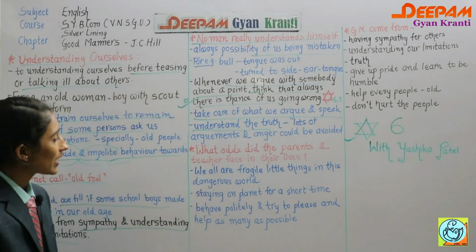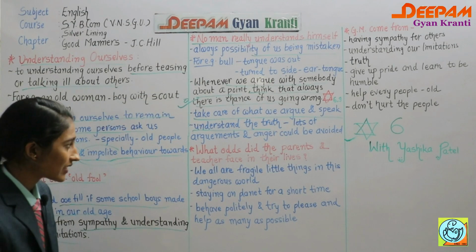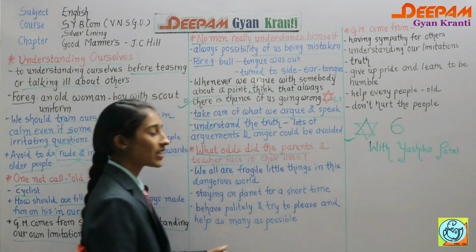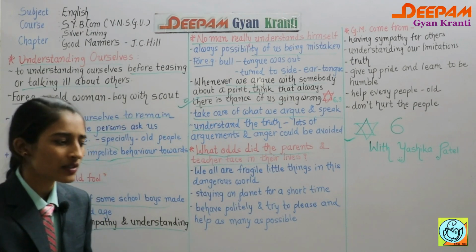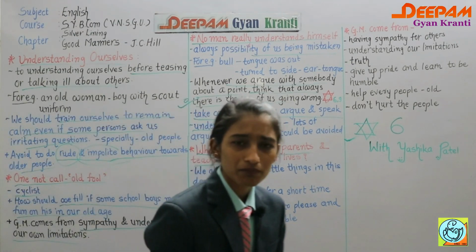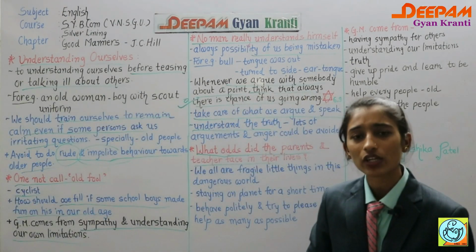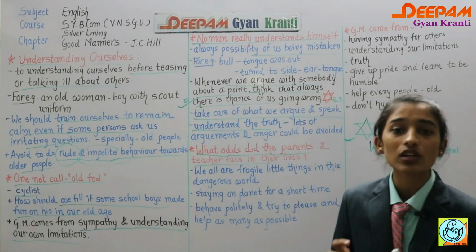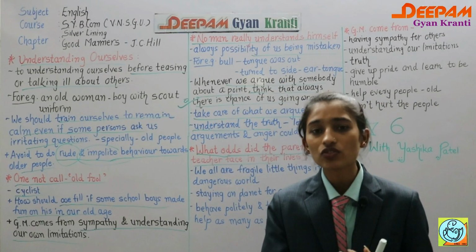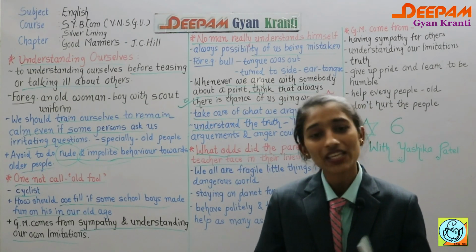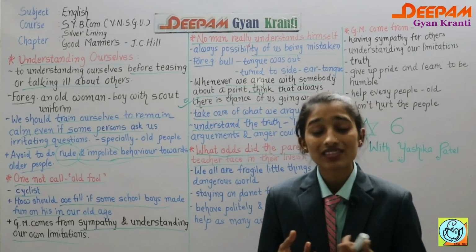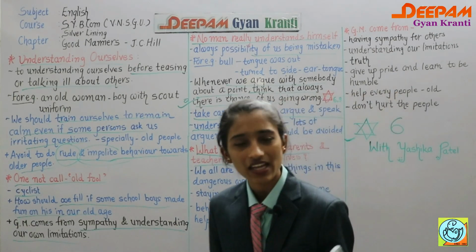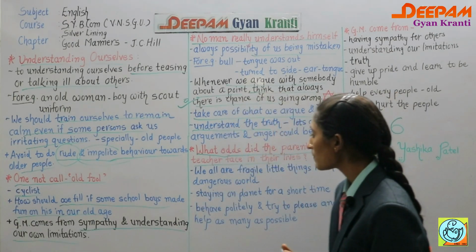Further, he gave one more example and one more suggestion, about what odds the parents and teachers faced in their lives. That is a very important point, because we belong to the young generation, but whatever our parents faced in their life, we have to learn. They will not try to tell us, so we have to understand what their condition was in that time. And if we learn this now, friends, then definitely we will learn good manners.